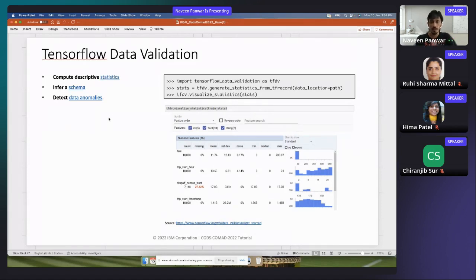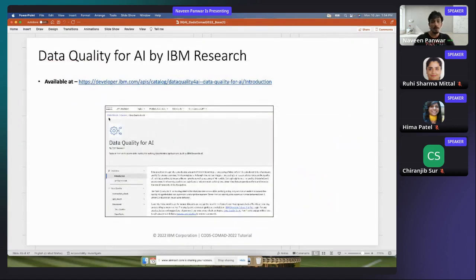These tools are really handy, and they can be a first start or a gateway to the whole of data quality for AI. So they can give you that experience. Okay. So now I think